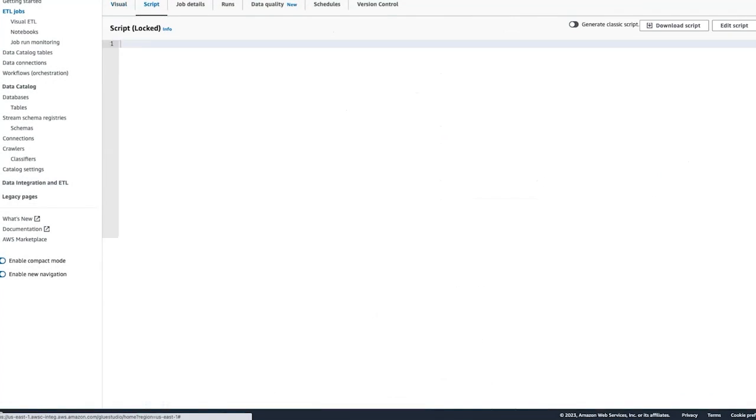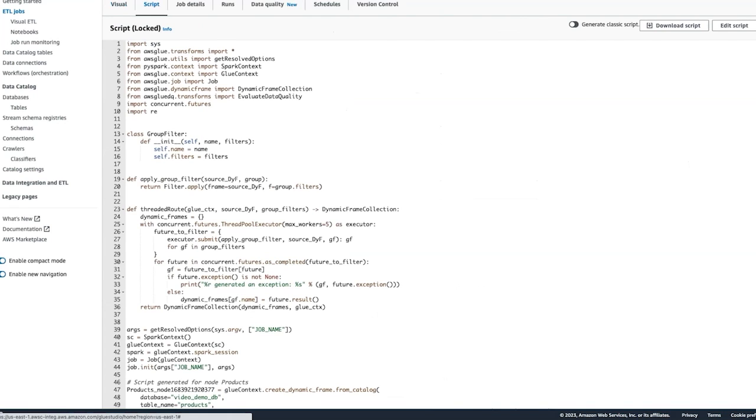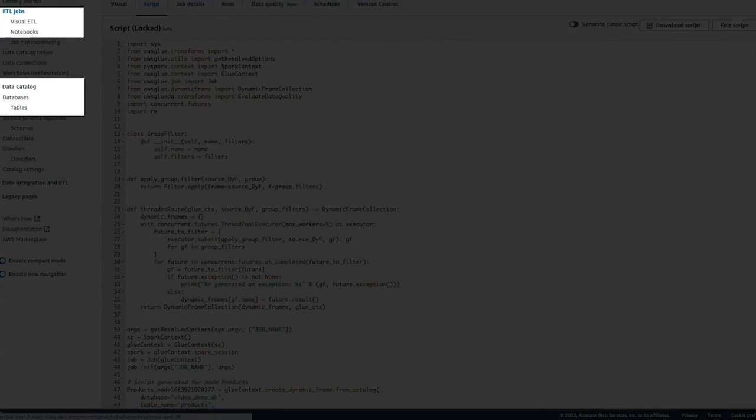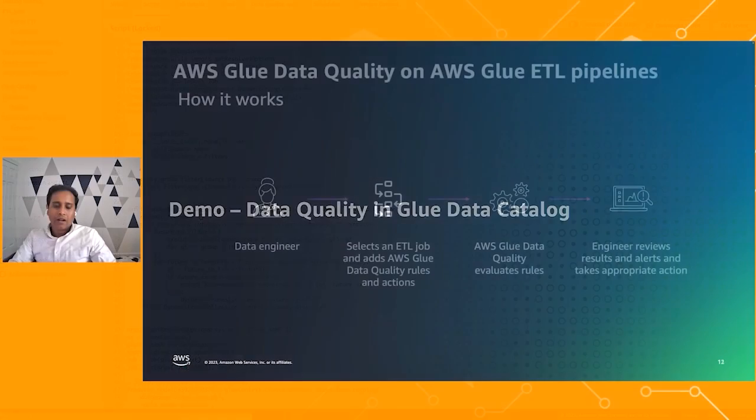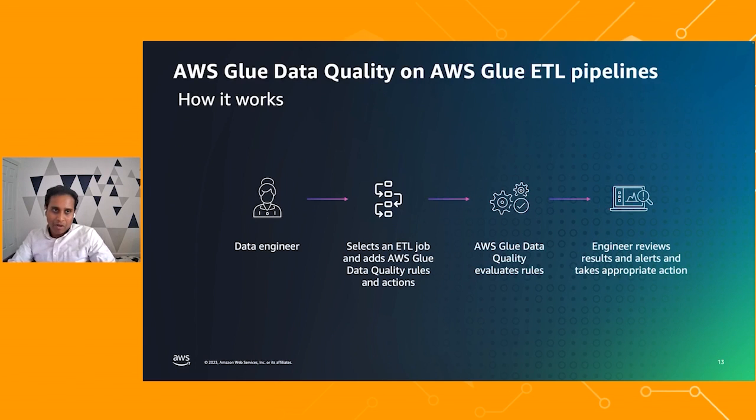There is really no limit on where you can apply Glue data quality. Glue data quality can be applied on your catalog, ETL pipelines, code, and your notebook. All right, now that you've watched the demo, let's now go into the ETL pipeline experience. The ETL pipeline is a slightly different experience. The primary persona who will be working here is a data engineer.